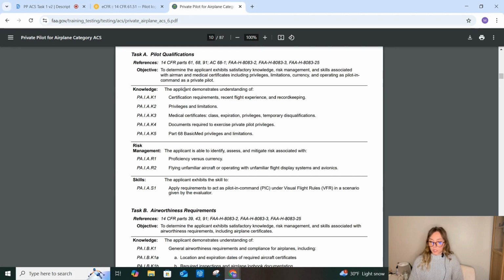So this is the knowledge portion of Task A, Pilot Qualifications. We'll just touch on risk management a little bit. The next thing asks R1 for risk proficiency versus currency. I'm just trying to think of questions that would spark the DPE to ask about this. And they might say something along the lines of, you did your biannual flight review 18 months ago,